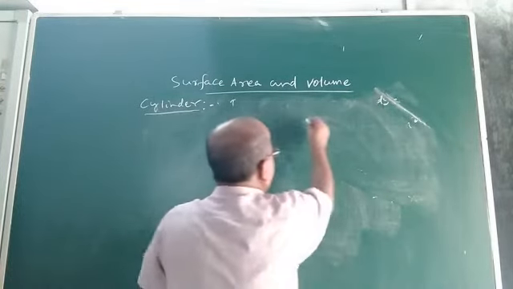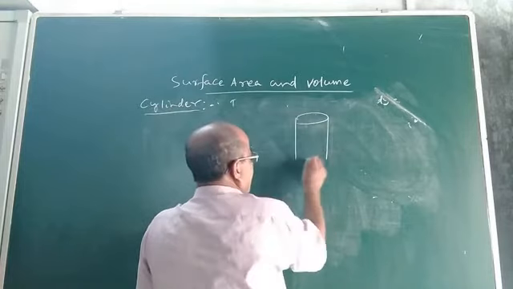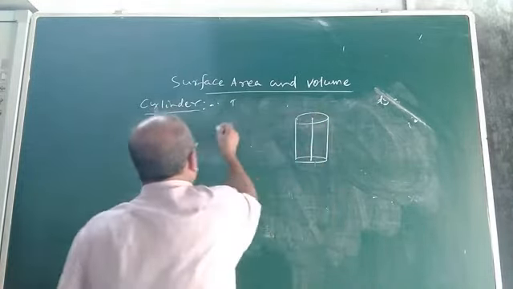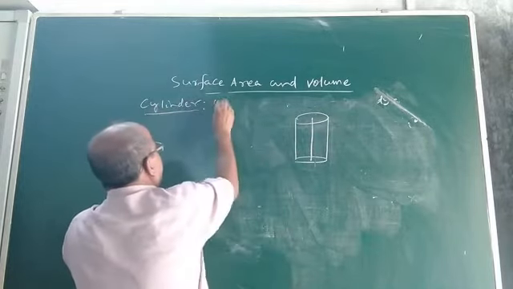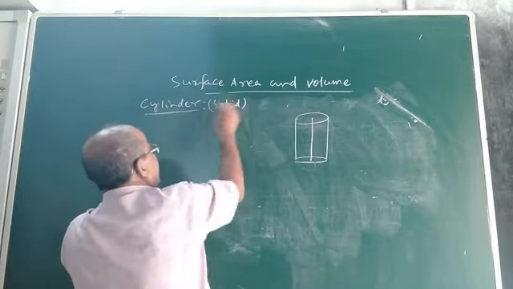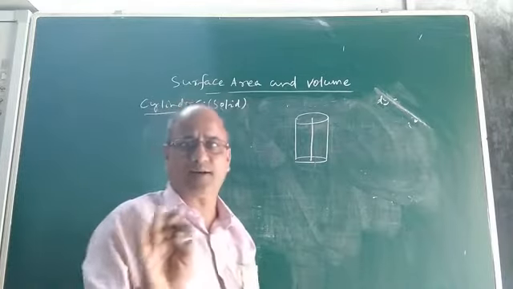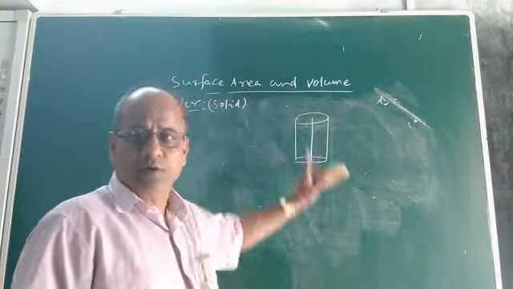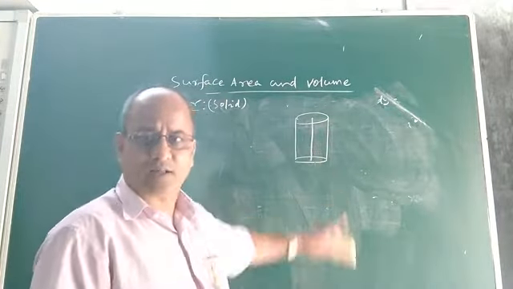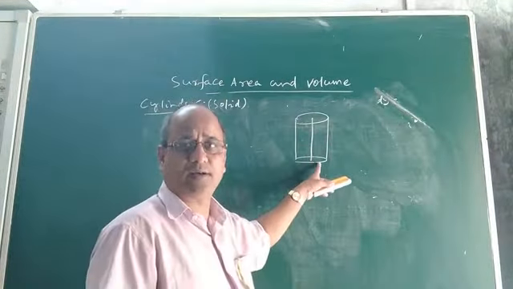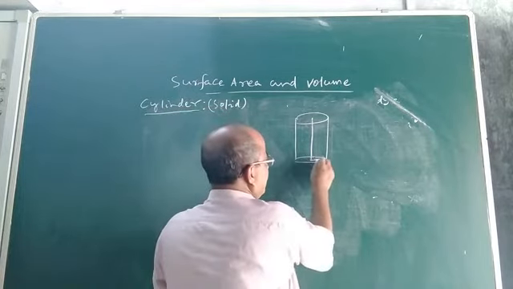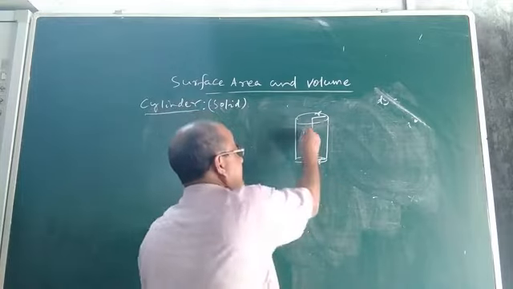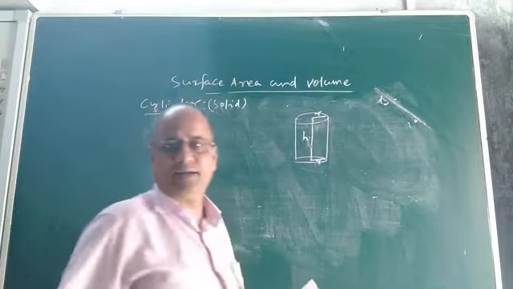For example, let us draw the figure of a right circular cylinder. It is a solid cylinder. Cylinder means we are now discussing solid cylinders because cylinder is of 2 types. One is solid cylinder, the other is hollow cylinder or pipe. Let us talk about the solid right circular cylinder. Now look at the figure of a cylinder. This is the radius of the base, this is the height. This axis of the cylinder is called height.